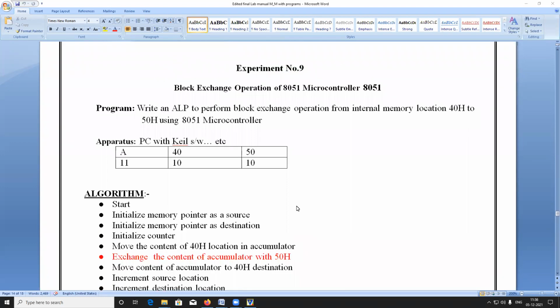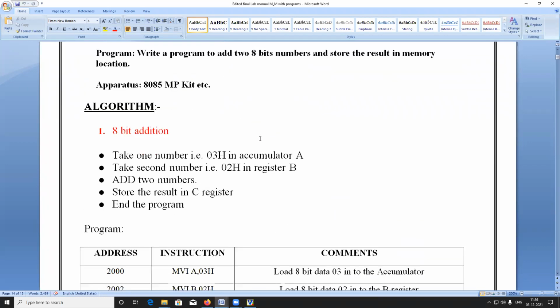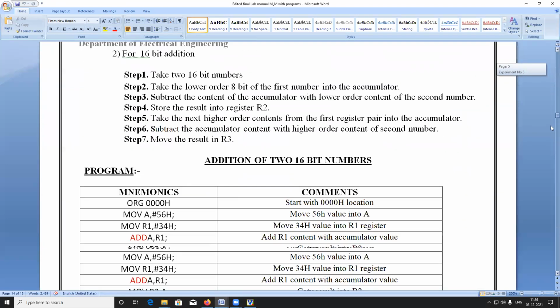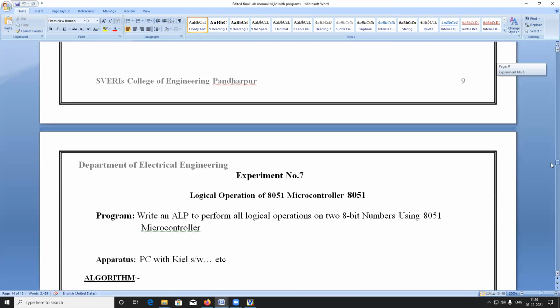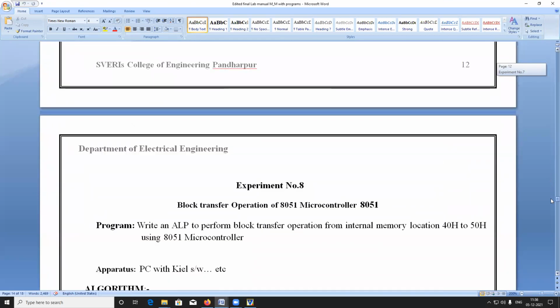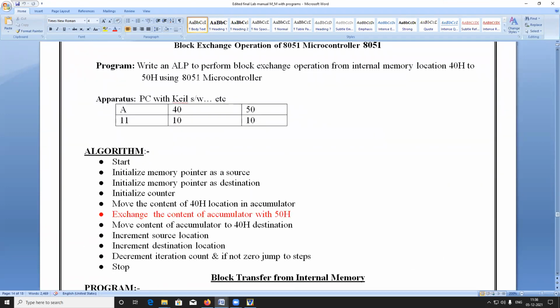This is the experiment. Write an ALP program to perform block exchange operation from internal memory location 40H to external memory location 50H in the 8051 microcontroller.